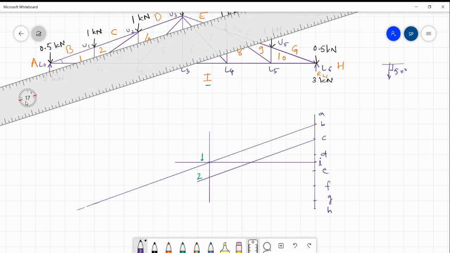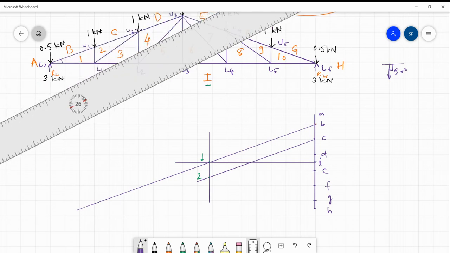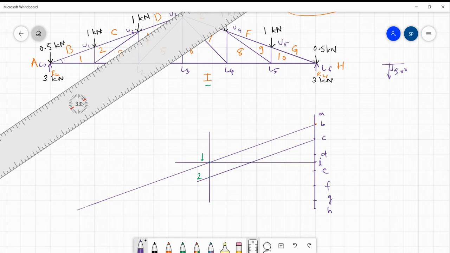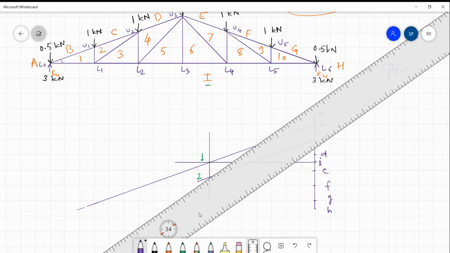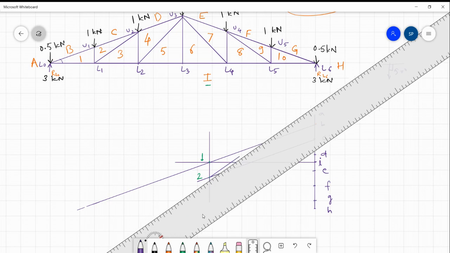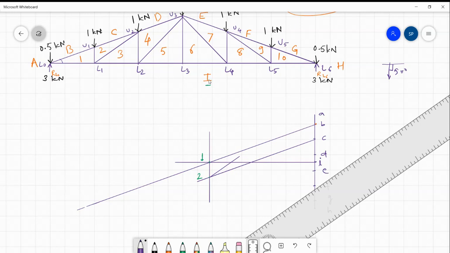parallel to 2 3, or else you can measure that angle physically. So whatever is suitable for you can be done. And you have to make this line parallel here, and simply draw a line passing through 2. Now, what is the other reference point we just identified? It's I. So from I to 3, whatever line you are drawing, it's the horizontal one. Now, wherever this line intersects with that line, that point is nothing but 3.